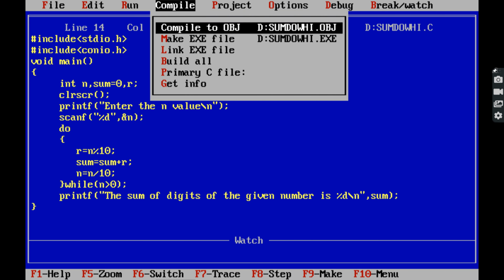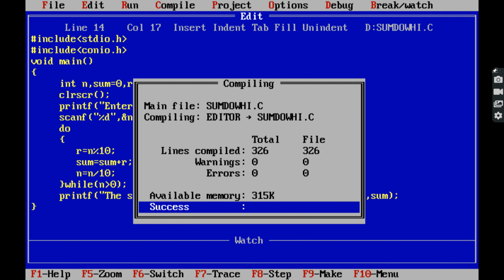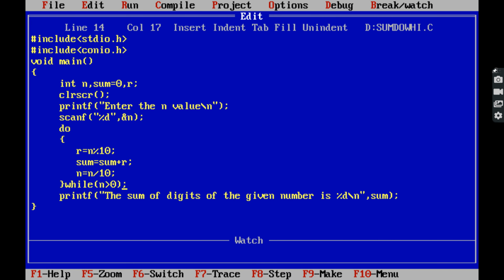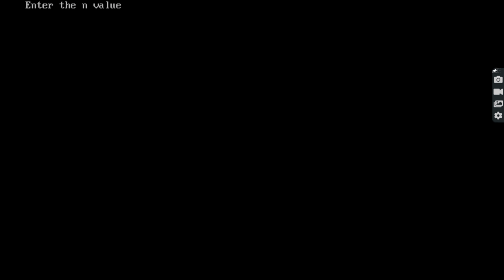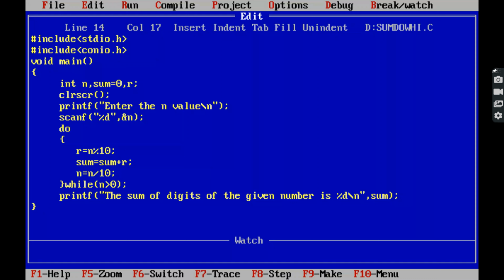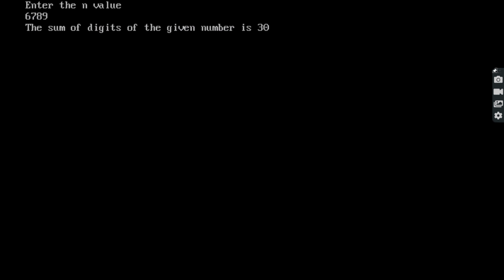Now we have to run the program. For compiling the program, first we use Alt plus F9 command. 0 errors, 0 warnings we are getting. Next we have to run the program. For running the program we use Control F9, enter the n value. I am giving another number 6, 7, 8, 9. Press enter. Next we write Alt F5. So 6 plus 7 plus 8 plus 9.